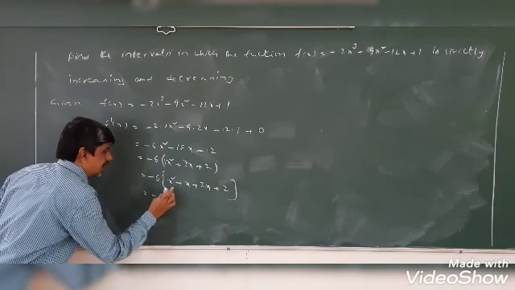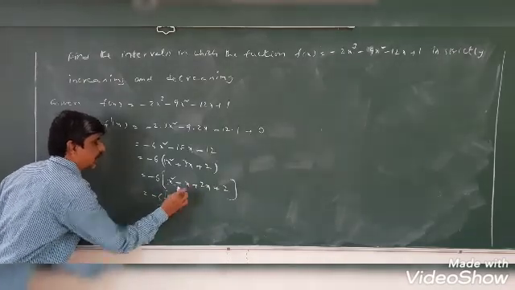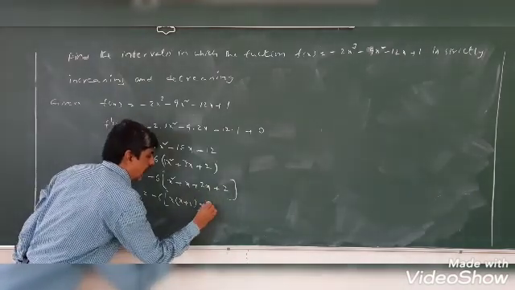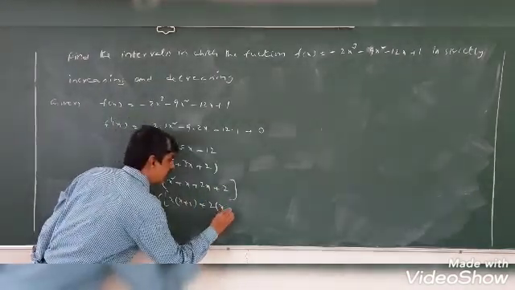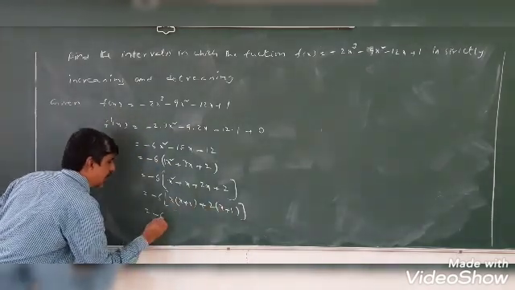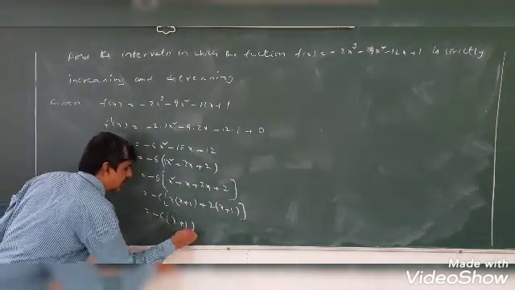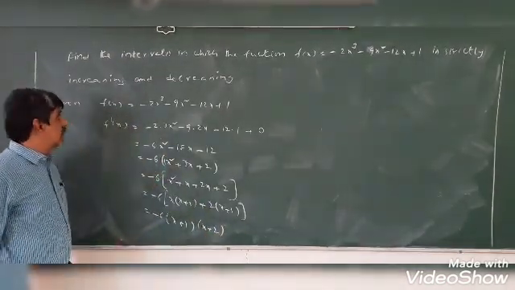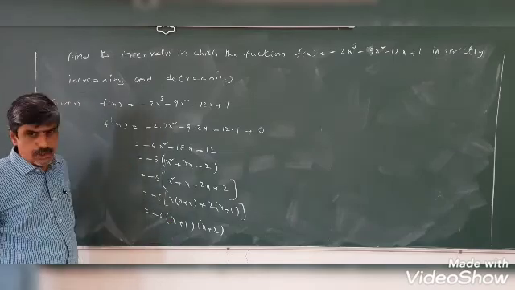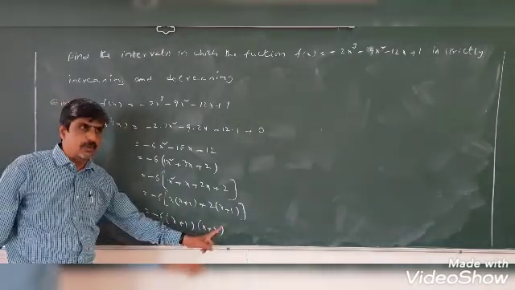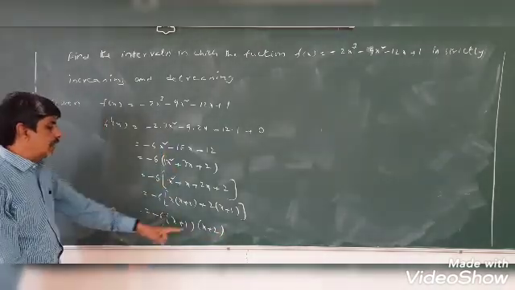So it is minus 6 into, taking x common from the first two terms, x plus 1. Taking 2 common from the last two terms, so then this is x plus 1. So here x plus 1 there, here x plus 1 there. Minus 6 into, taking x plus 1 common, the remaining is x plus 2. So f dash x is equal to 0. So we get minus 6 into (x plus 1) into (x plus 2) is equal to 0.